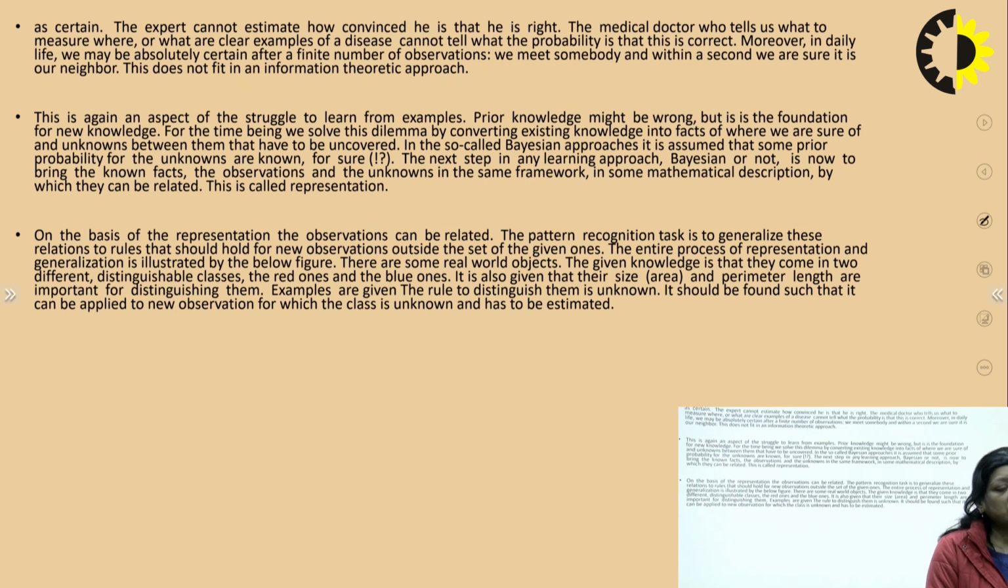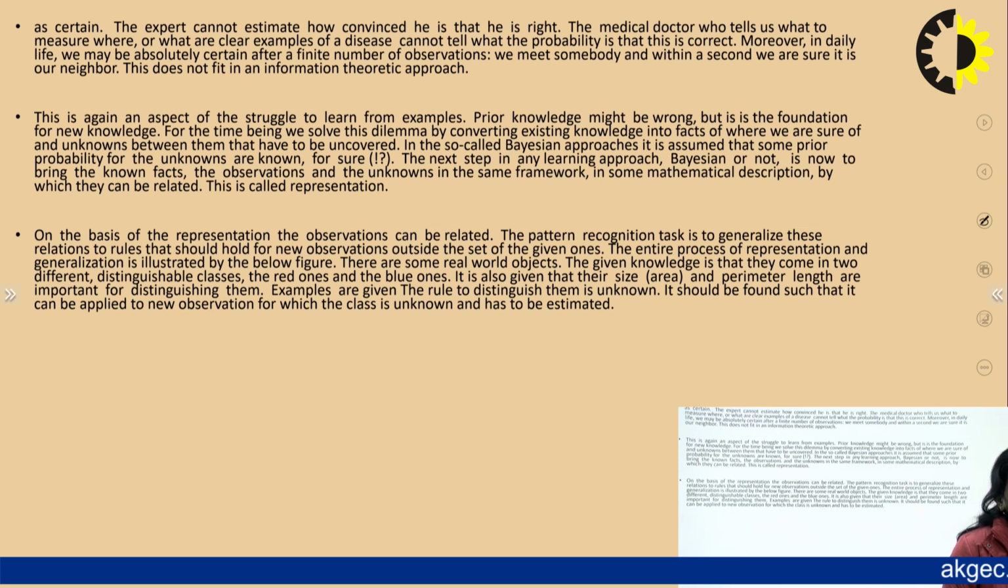For the timing, we solve this dilemma by converting existing knowledge into facts of which we are sure and unknowns between them, which have to be uncovered. In the so-called Bayesian approaches, it is assumed that some prior probabilities for the unknowns are known for sure, and the next step in any learning approach, Bayesian or not, is now to bring the